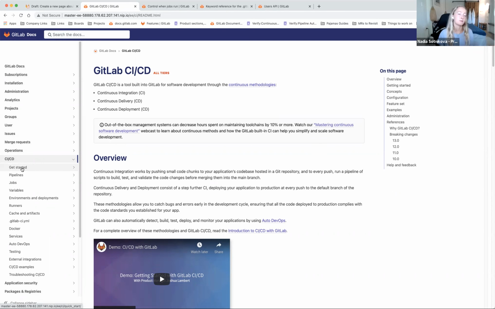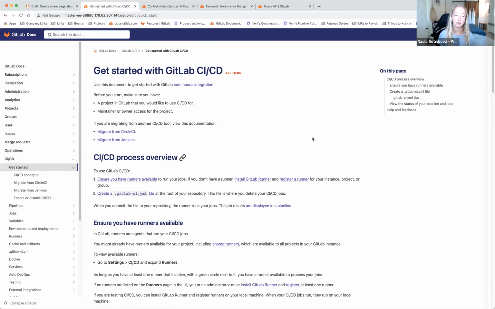Ideally, what's the flow? You've never heard of GitLab CI/CD, or you heard of it once and now you're coming to the docs. So first you land on the main CI/CD page and you read what's GitLab CI/CD and what it does, and generally how it works, just conceptually. And then if you want to get started, you only basically need the get started page, and it contains everything that you need to get started, branching out to keyword reference if you want to dig into specific keywords,